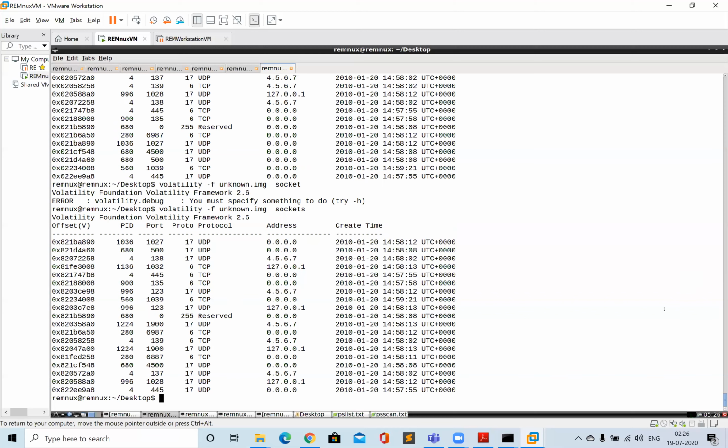So now we can tell that the connection has been made from a remote IP address to the system, not from the system to the remote IP address. It is very useful to know whether the connection is outgoing or incoming. Got it? So if it is listening, then in that case it is a backdoor. Yes, correct. You can tell with 100% surety that it's a backdoor.